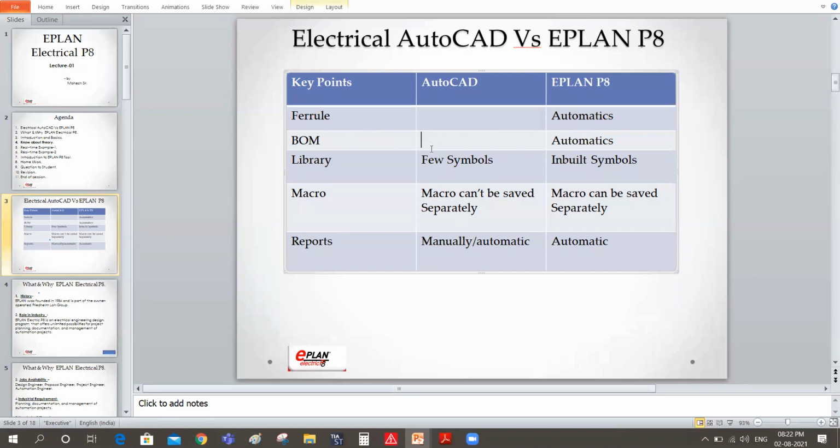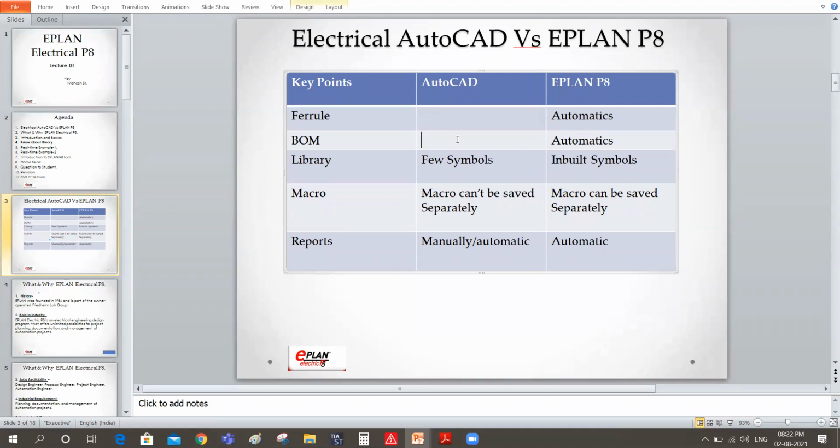In AutoCAD we have very limited options, but in ePlan you can customize. There are a lot of ways to prepare that bill of material. I will teach you. Those who have used ePlan P8 are aware of the parts in ePlan. This is only the basics. Those who understand even 1% is okay for 4 days. After that we'll start with the actual tool, and I will clear all the doubts. Don't worry.